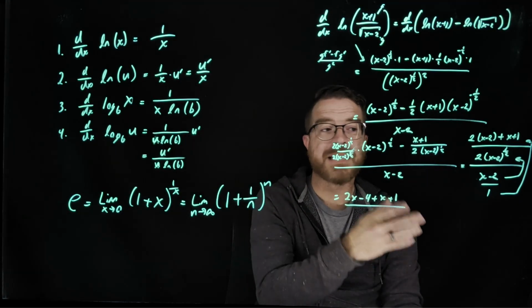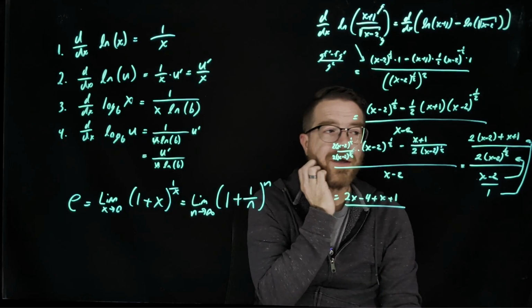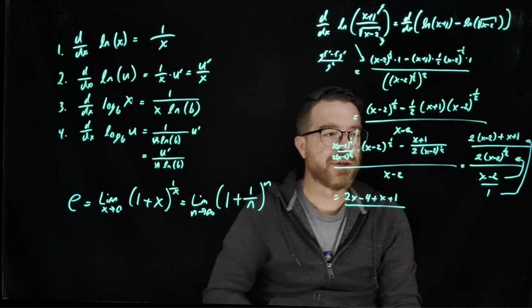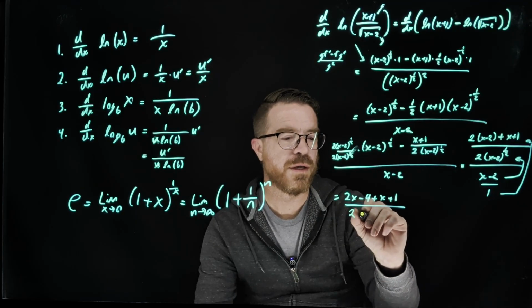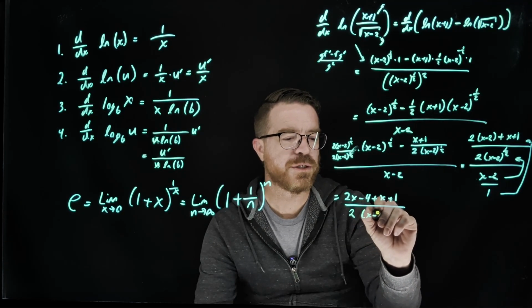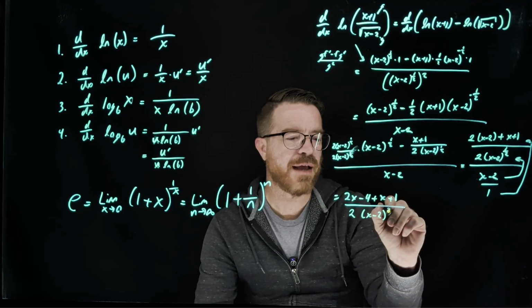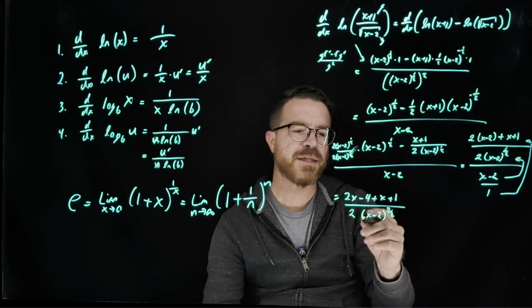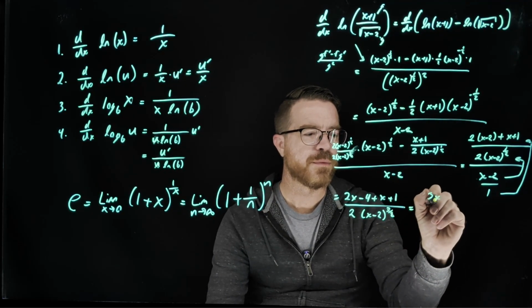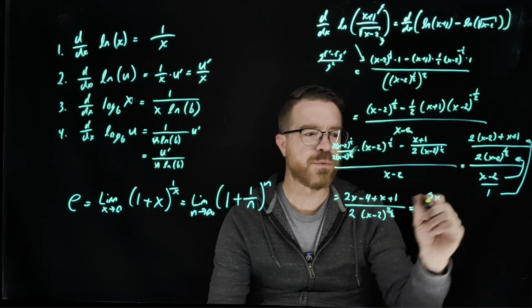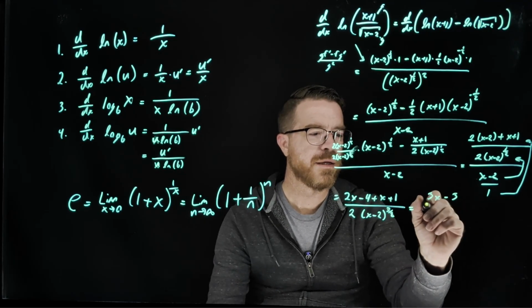So you can think of this as (x - 2) to the 1 power, which you add together, you get the 3/2 power. So this bottom part is going to be (2x - 2) to the 3/2. Okay. And then simplifying this, we have 2x plus x. This is just going to be 3x. And then minus 4 plus 1 is going to be minus 3 over